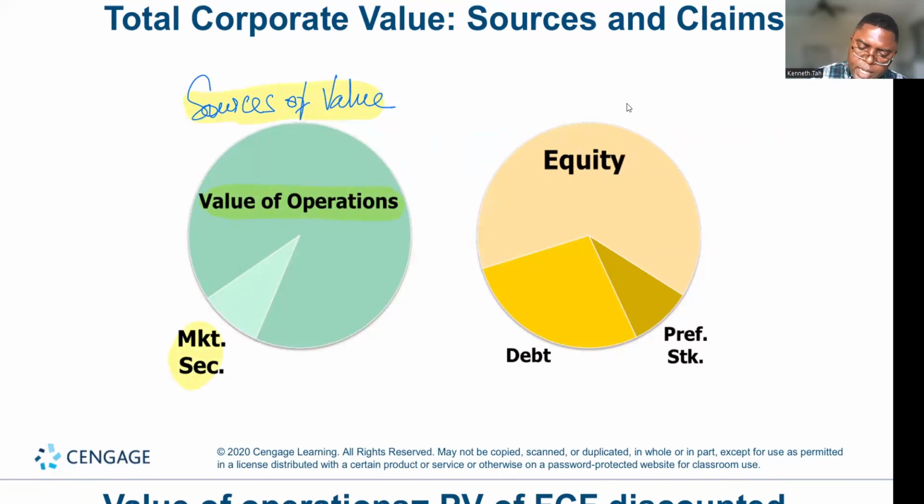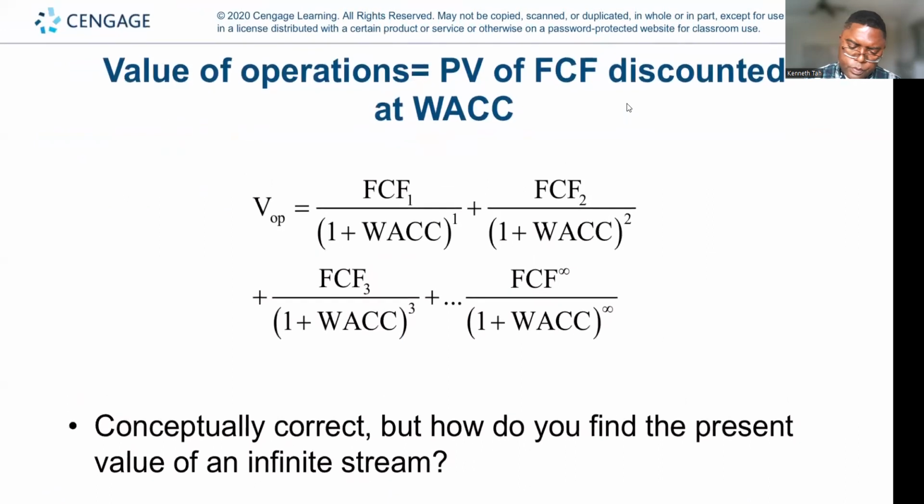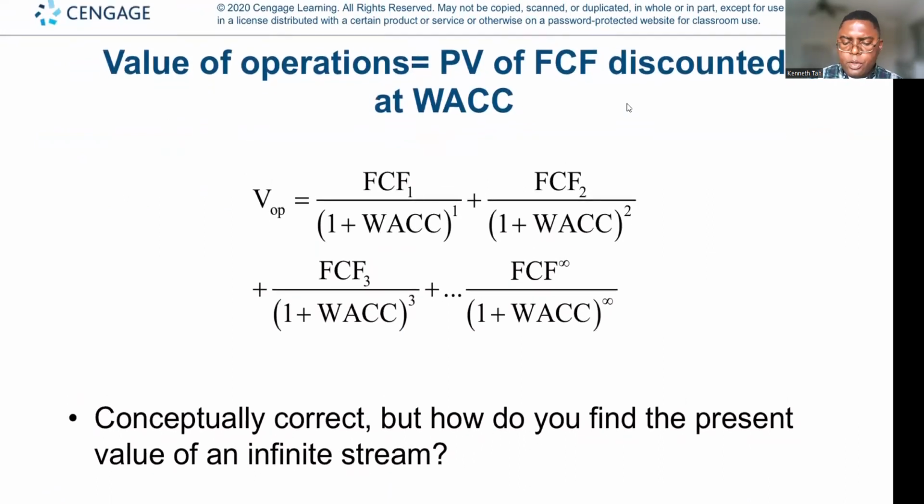And on this other side, we have claims on value. The claims on value will be equity, preferred stock, and debt. All right, so value of operation,